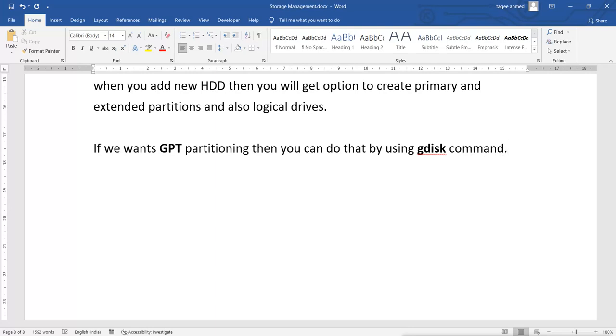Now remember, this gdisk is the same as fdisk, but it is only for what? GPT partitioning. That means when you use this gdisk command, it is like fdisk, and it helps you create GPT partitioning. And fdisk is only for MBR,